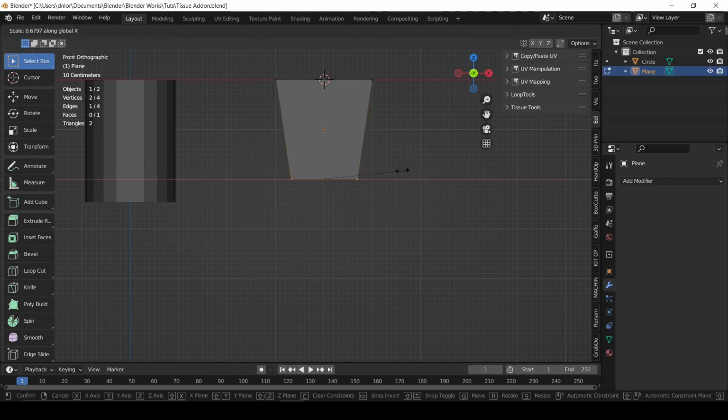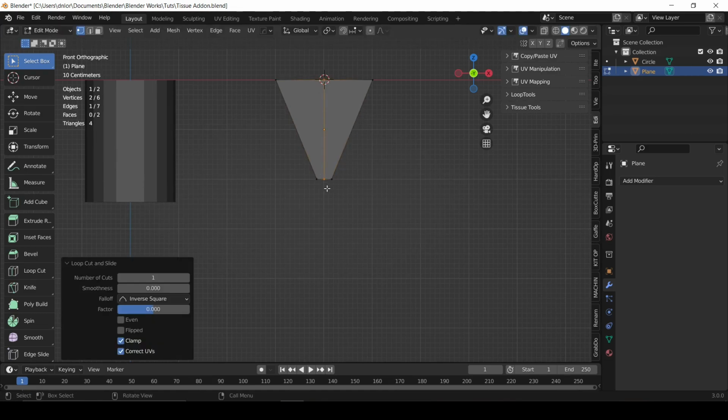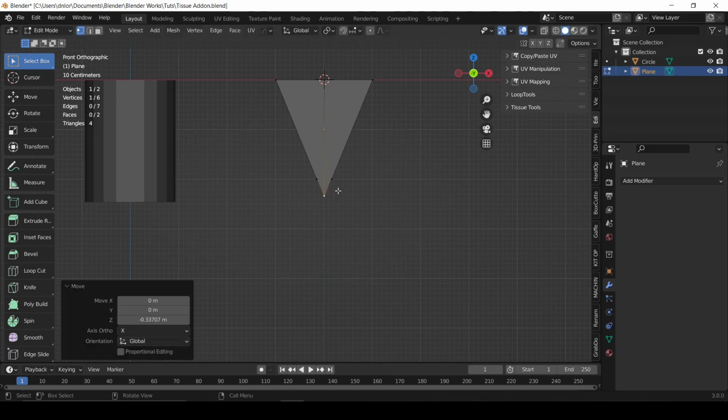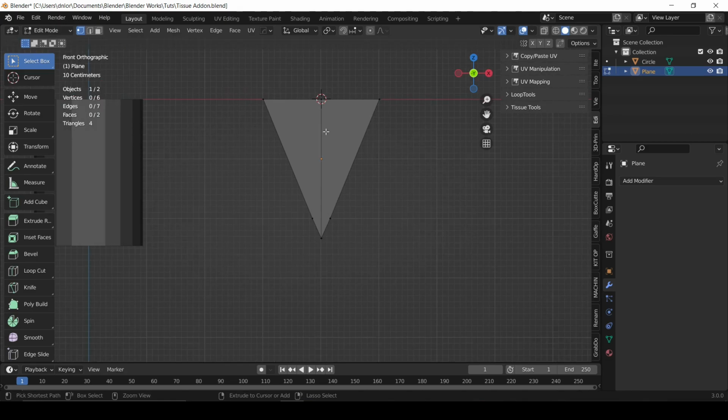I'm going to scale it on the X axis. Control R to add a loop cut in between, and I'm going to select this vertex and pull it down. So G and Z, just pull it down a bit. I think here is fine, and then deselect that, Alt A, Control R again, and I'll put this somewhere here,